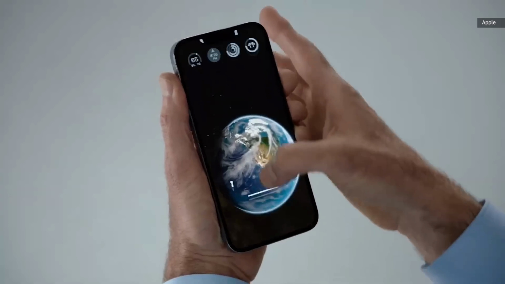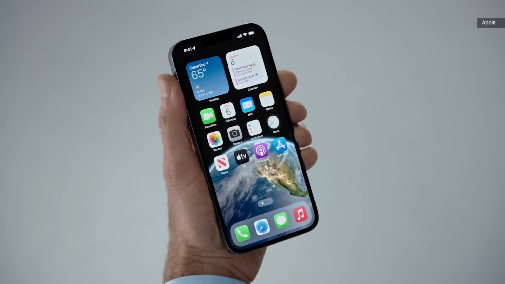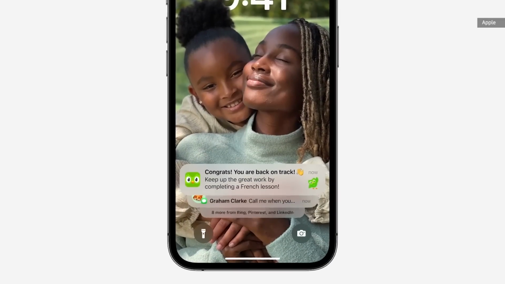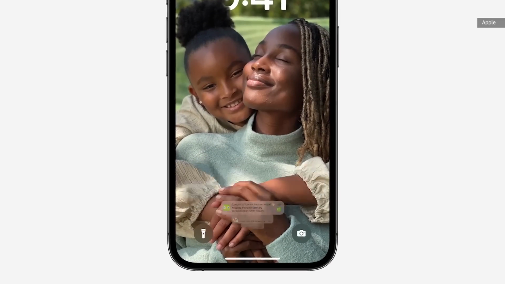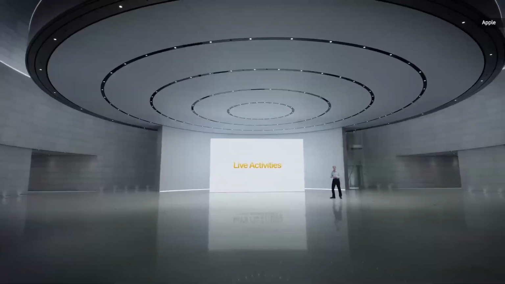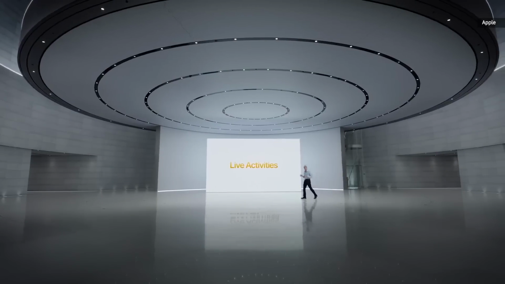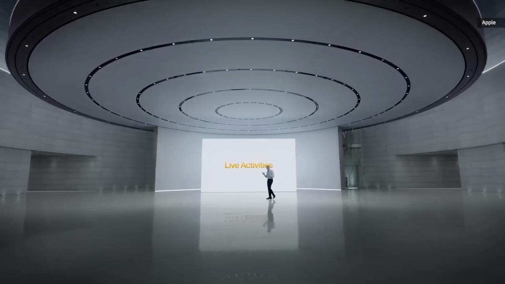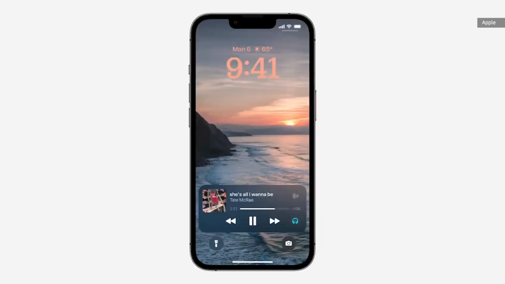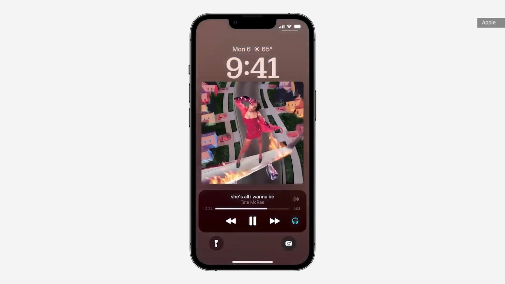Watch how it animates fluidly as I swipe into the home screen. Notifications now roll in from the bottom of the lock screen as you receive them, and you can choose to hide them throughout the day. Live activities make it easier to stay on top of things that are happening in real time. And now with live activities, the Now Playing controls can expand to a full screen view that celebrates album art